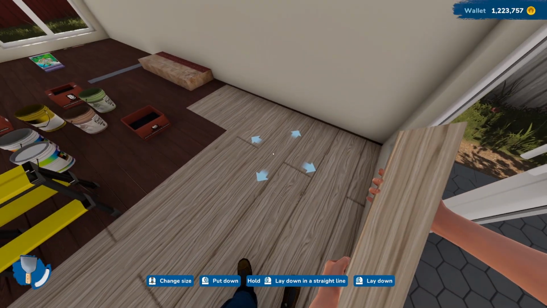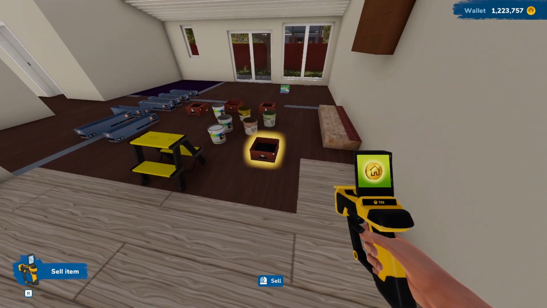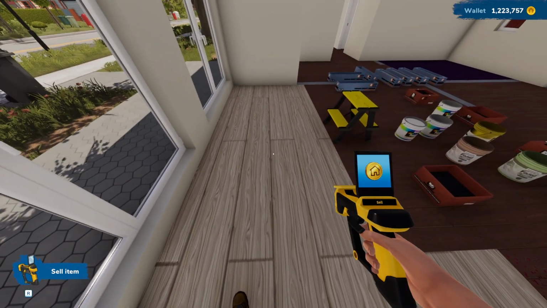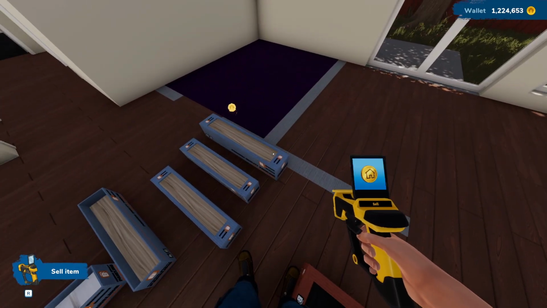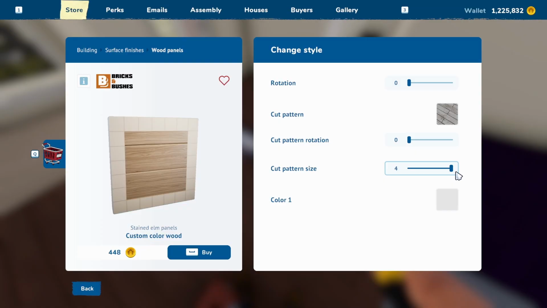I mean, I do like wide planks, and there's more of that weirdly tiny baseboard. I do love wide planks, but that might be a little bit too wide. Now I regret buying so many. I should have bought one to try it out first, and then